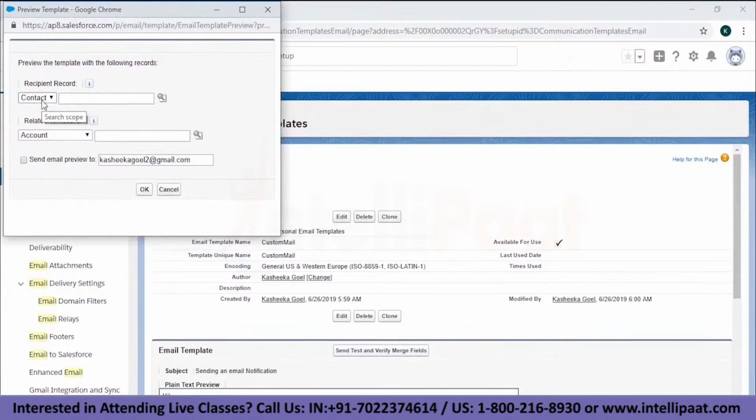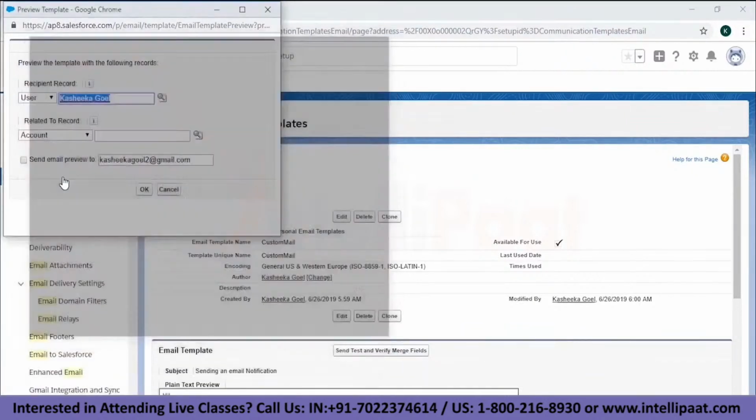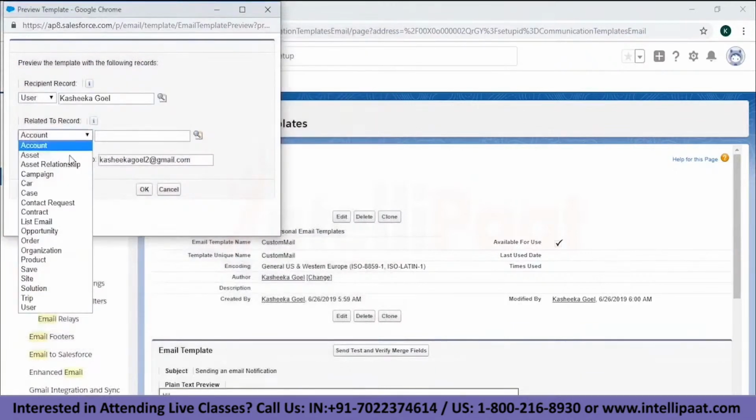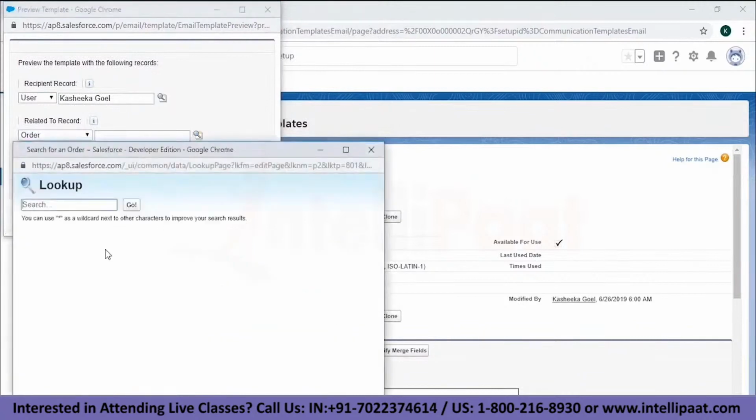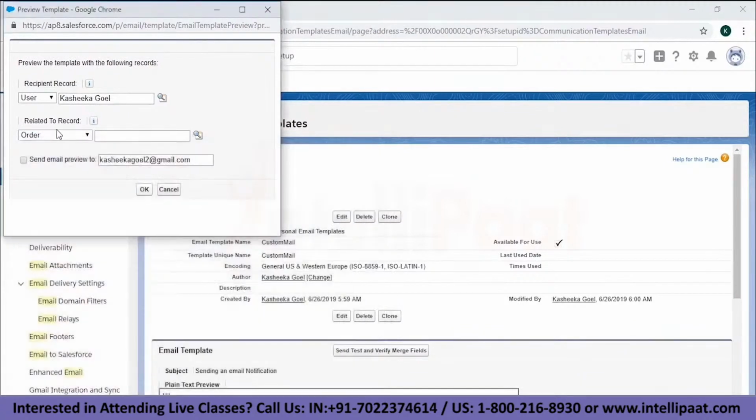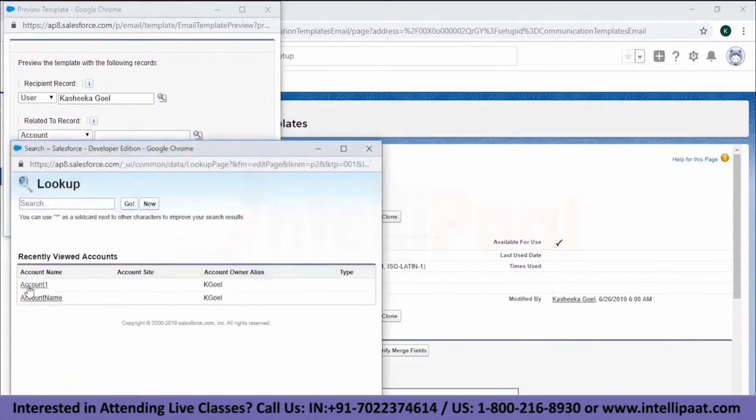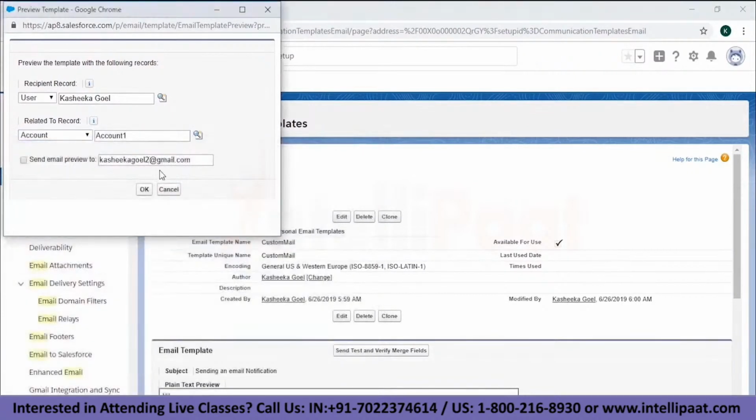For example, if we have a recipient record, we can click on user. This is the user, and for related to record, we're going to have order, but we don't have any order name. Let's select account. We'll have the account name, send the preview to this particular email ID and click on OK.